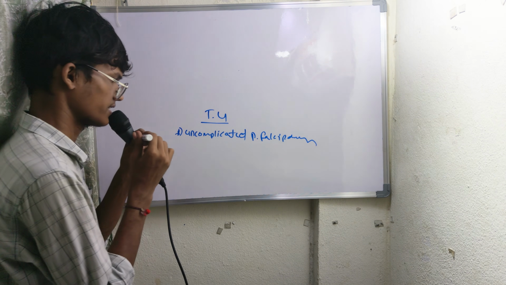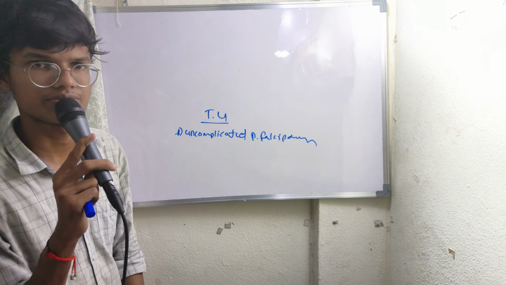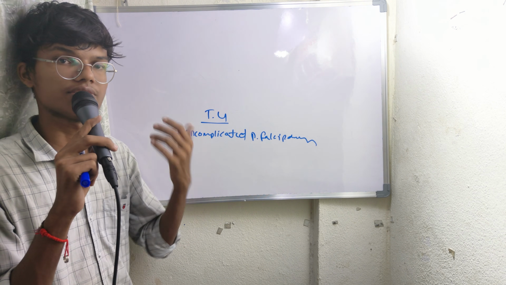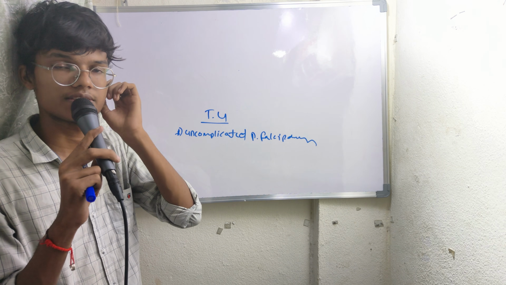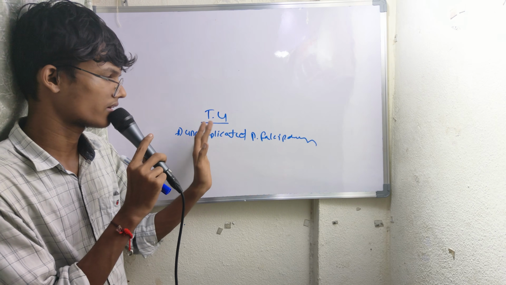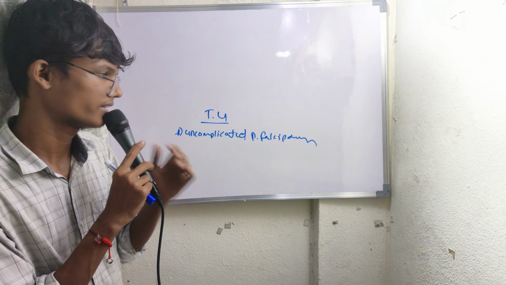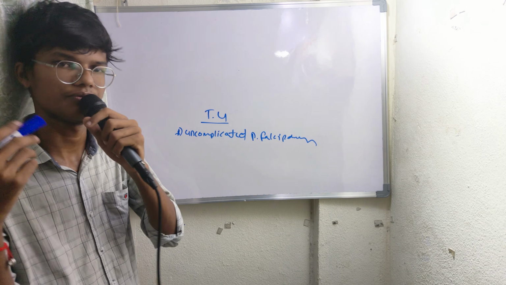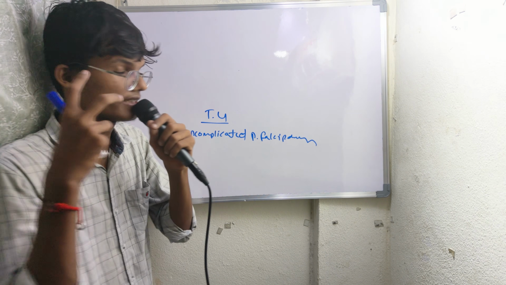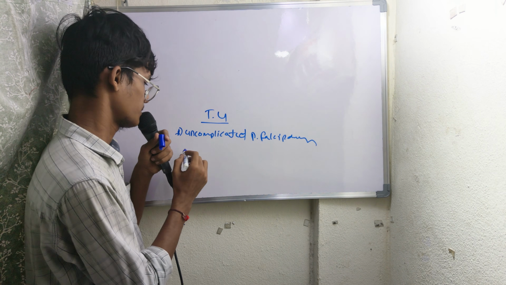What is uncomplicated falciparum? That is, symptoms like chills, fever and shivering are there, but more complicated features like severe CNS symptoms, like very dizziness, are not there. If they are not there, it is called uncomplicated. Only fever is there, some 39 to 41 degrees, but the CNS symptoms are not much included, so it is uncomplicated. We can use